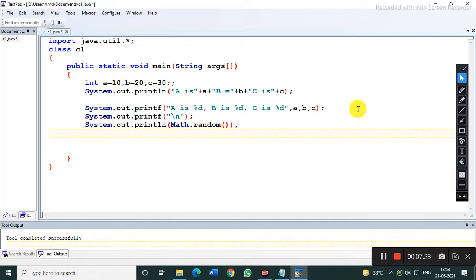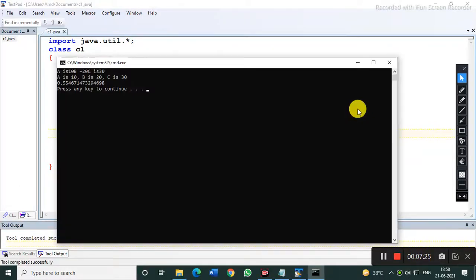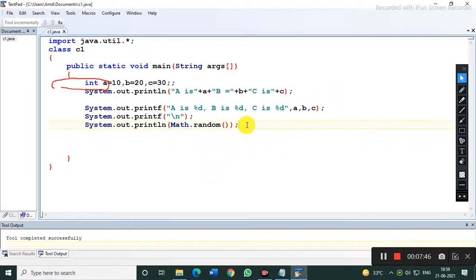If you are using Math.random, what are you getting? You are getting the output up to 16 decimal places. So if you want to convert this output into 2 decimal places, or 4 decimal places, or 1 decimal place, or a specific number of decimal places, we cannot use println for that. In that case we are supposed to use System.out.printf. So how that works, I am going to show you. Get ready everyone, this is going to be interesting now.